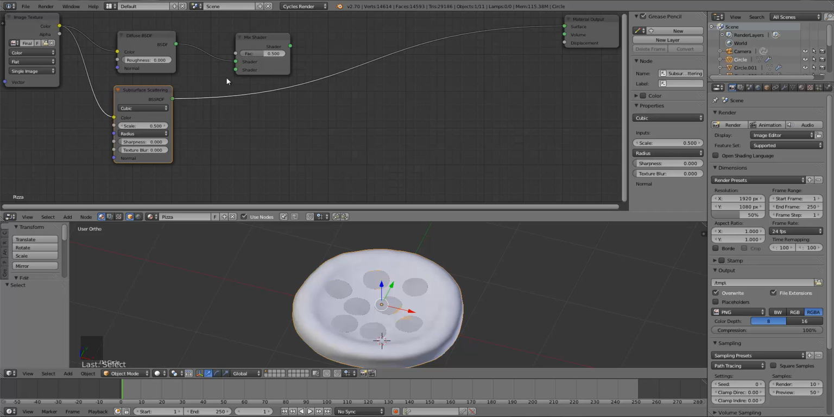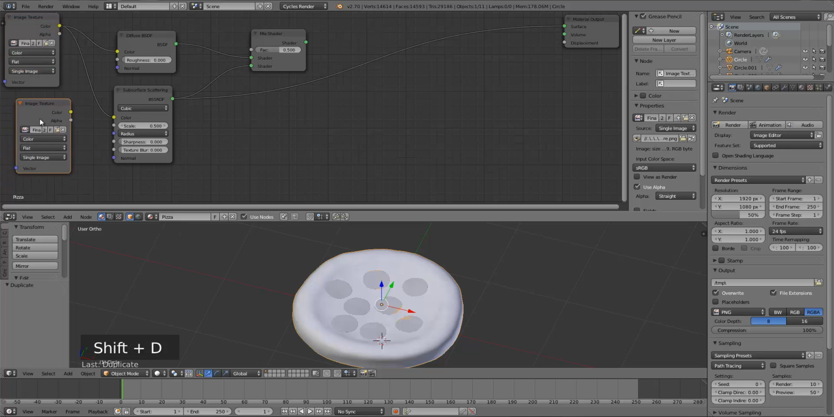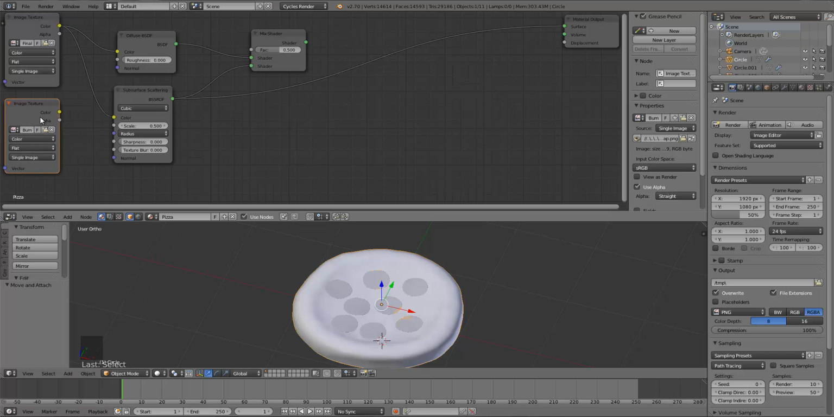And I'm just going to combine these like this. And we're going to use that image we created as the factor, the mixing factor. So I'm going to duplicate this image input node, and I'm going to make that a single user. I don't know if that's actually necessary, but just in case. And it looks like the image we just created isn't there, so I'm going to go ahead and reload it. This right here. And I'm going to drop that into the factor. So now if we take a look at this,